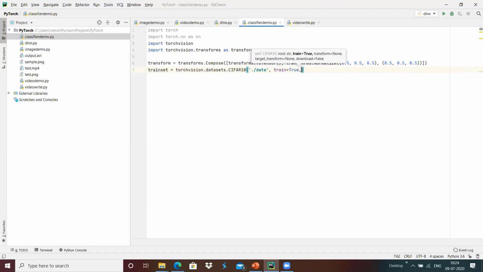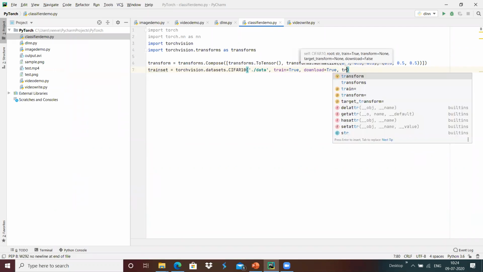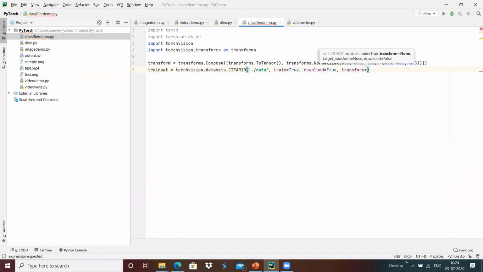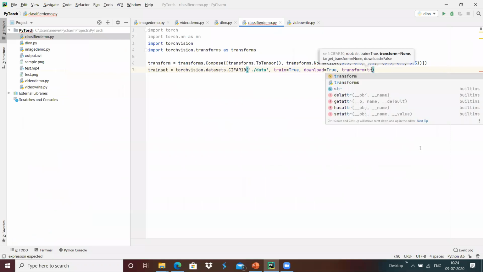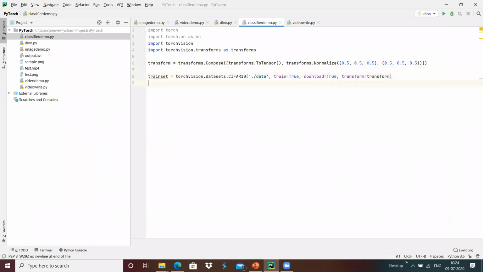And then we have download as an option, whether we have to download the file. If there is no data set present, it will download from the internet. Then we have the option to give transform, that whatever transform we have done with the 0.5, we are going to apply over here. And we got the train datasets over here.